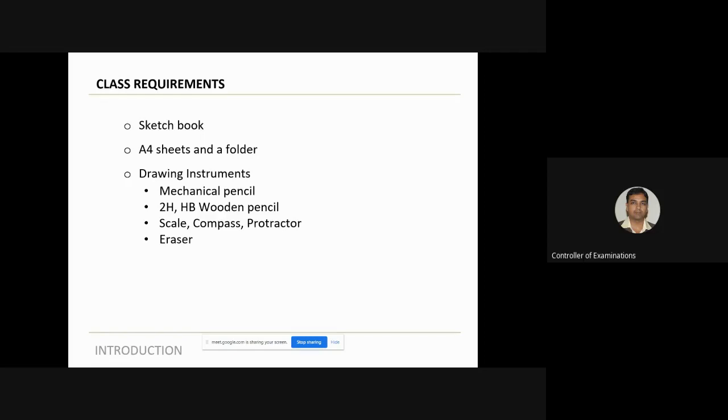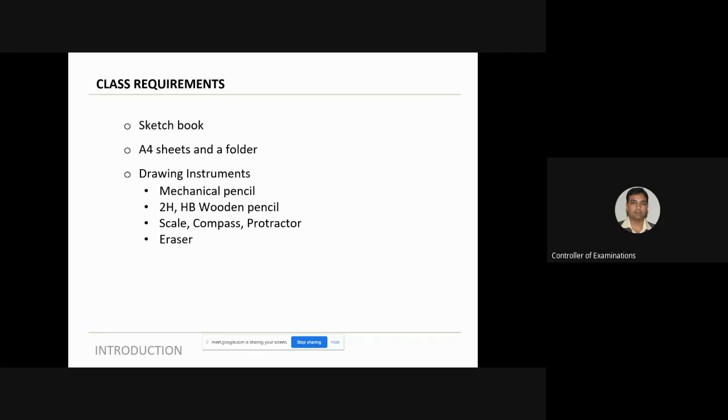This is what we expect you to have, at least from the next class. You need to have a sketchbook. Currently, since you are at home, you won't be having a sketchbook. But what you can do is get a book which has blank pages so that it is easier for you to draw. Or if you don't have a book, you can go in for A4 sheets. That also is fine. But the size of the pages should be A4 because most of the drawings are big and you need A4 size sheets, be it in a book or in loose form.